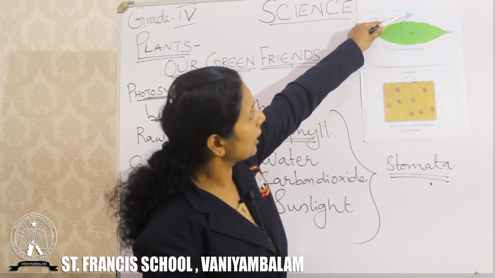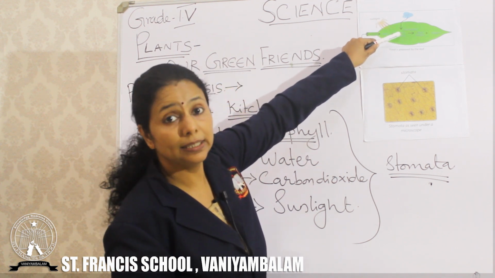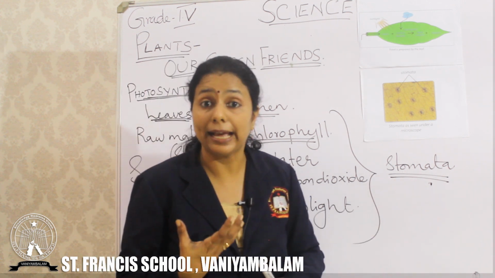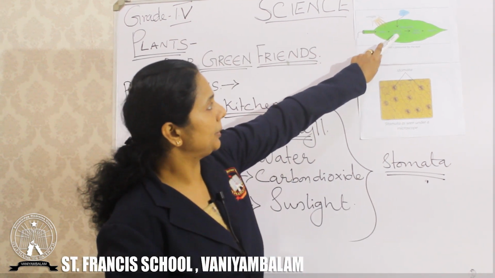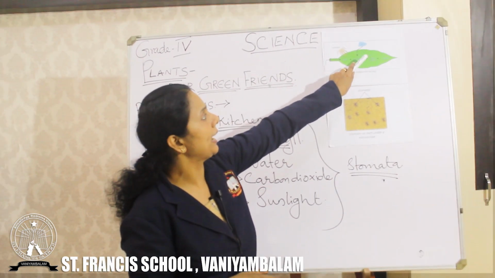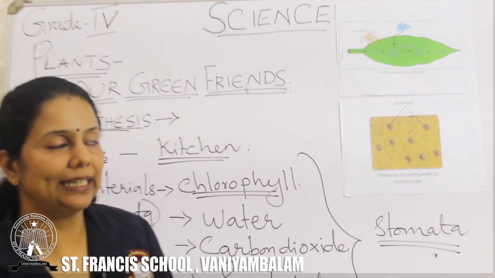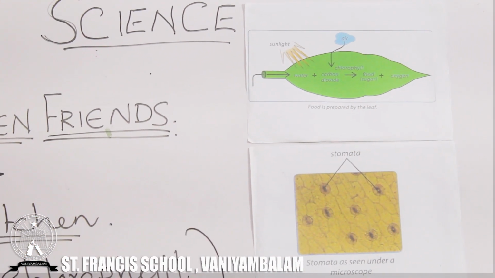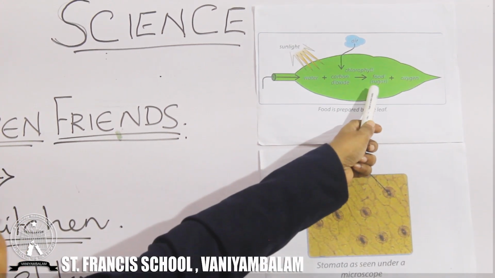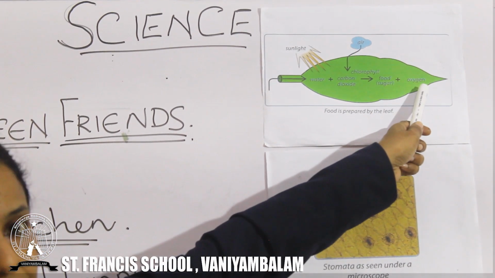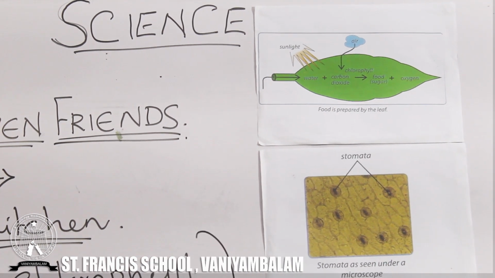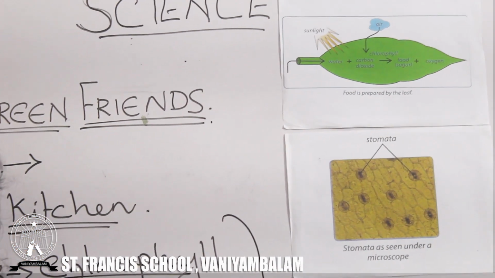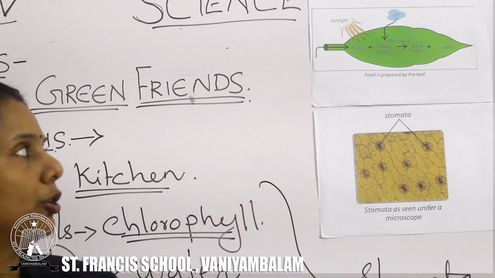From the air, carbon dioxide comes inside the leaves through what? Stomata. Okay, stomata are tiny pores. So, water plus carbon dioxide in the presence of sunlight and chlorophyll. Chlorophyll is the green colored pigment. Gives food, that is the food being made, which is a sugar. Okay, sugar plus oxygen. So oxygen gas is also produced during photosynthesis. So this is the equation showing the whole process of photosynthesis.